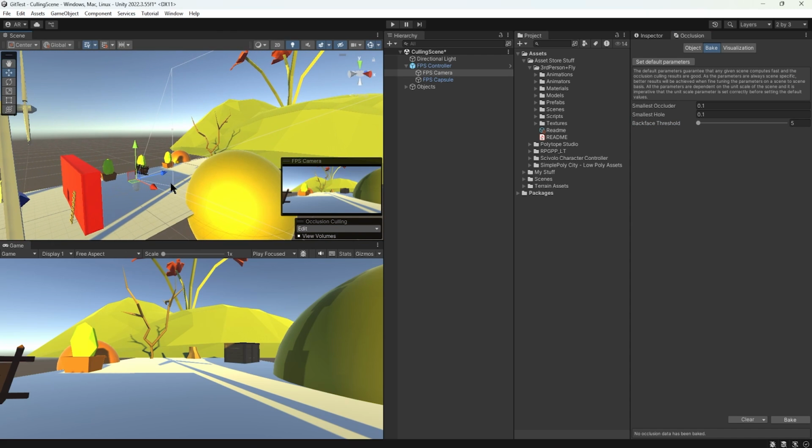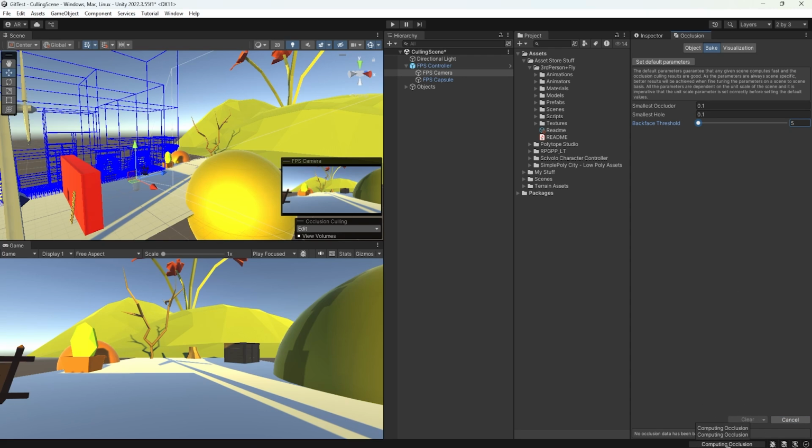So let's go ahead and actually bake this. I'm going to take these very, very aggressive settings here, and I'm going to bake them. This is going to take a little while longer. You can see down here the computing occlusion. It's going to be a much slower computation compared to the first time, where it was literally in a second. You can see that smallest occluder